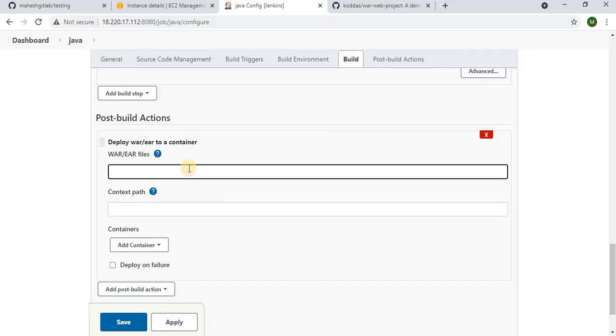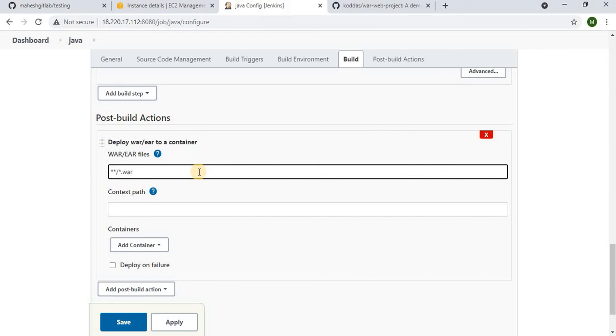Once the code is modified and the build has happened, you could see multiple var files. You have to get all the var files, so you can't mention all those locations. For that, we are giving **/*.var.